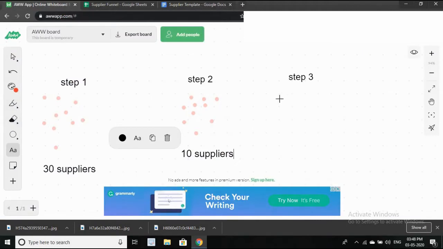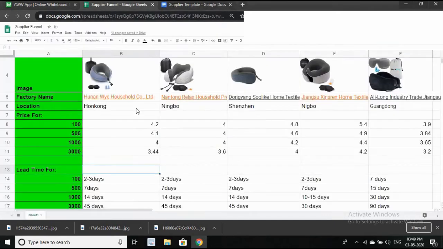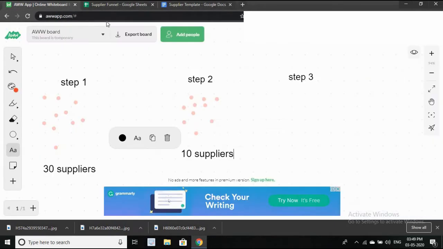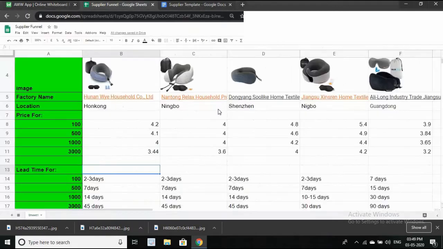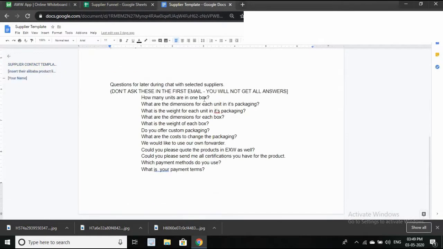So let me just draw it for you. So at step 1, we searched for 30 suppliers. We sent them the first message, then they sent us back their quotation. Then we sorted and filtered out 10 suppliers by looking at the prices and lead time from this sheet, and then we contacted those 10 suppliers with these questions for getting a detailed quotation, about how many units